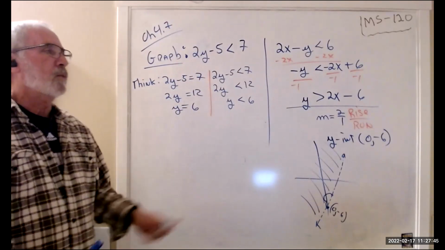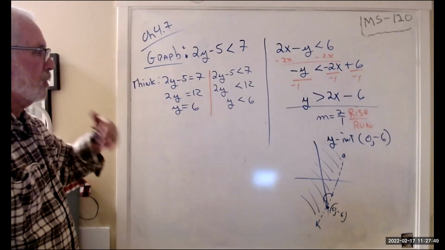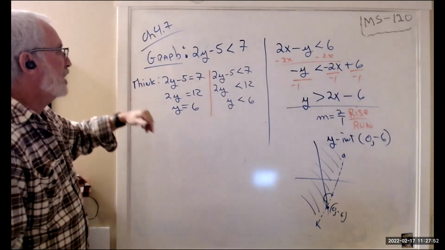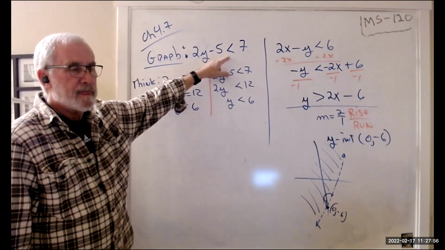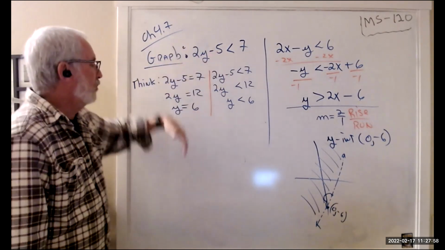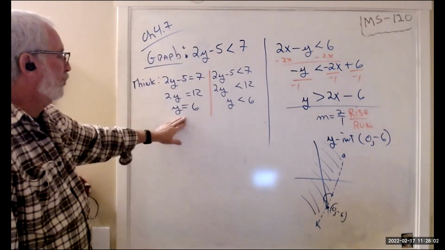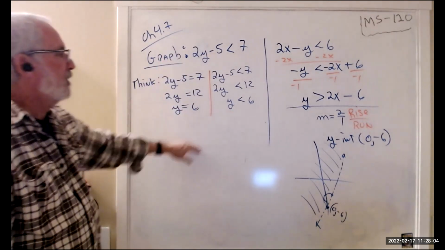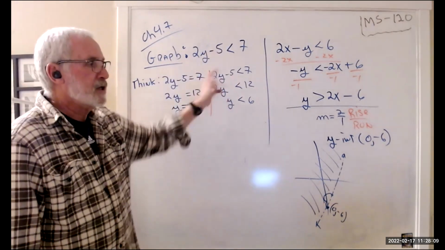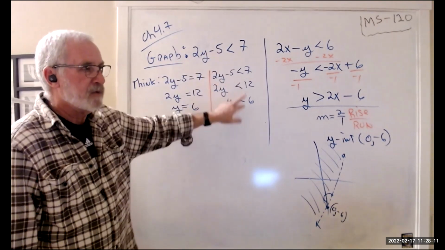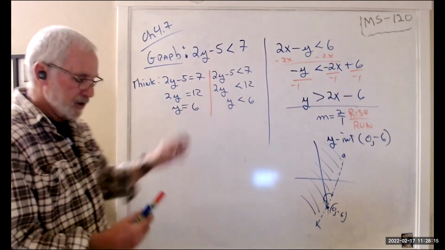Okay, so what we've done consistently when we tried to graph these inequalities is we've pretended that it was an equal sign. And we said, okay, what would I do with an equal sign? I've done the problem twice. I did it once pretending there's an equal sign there. I've done it a second time with the less than symbol. I did not flip it because I never divided by a negative number on both sides. So I get this. Now,